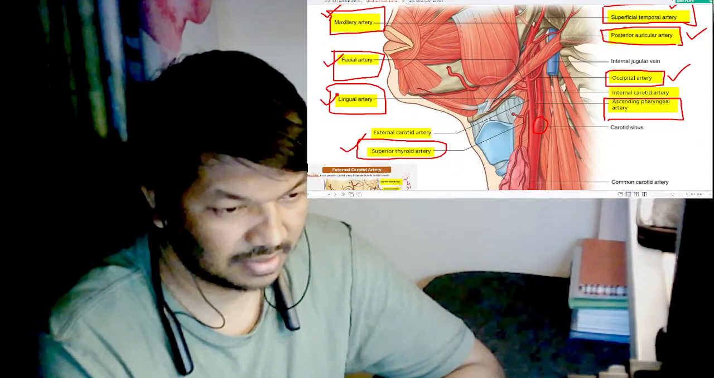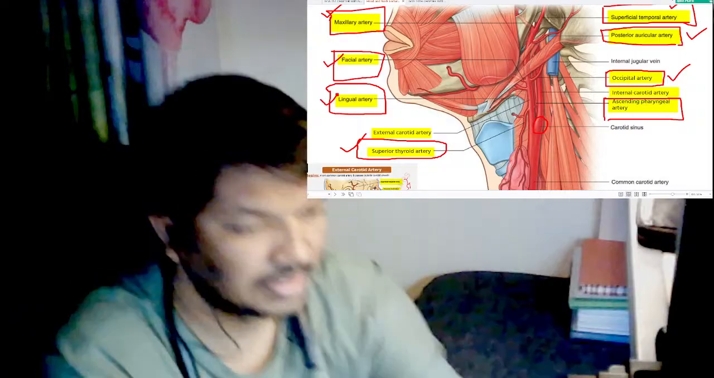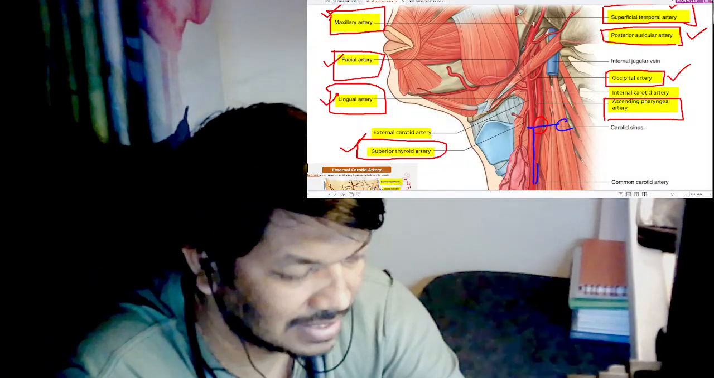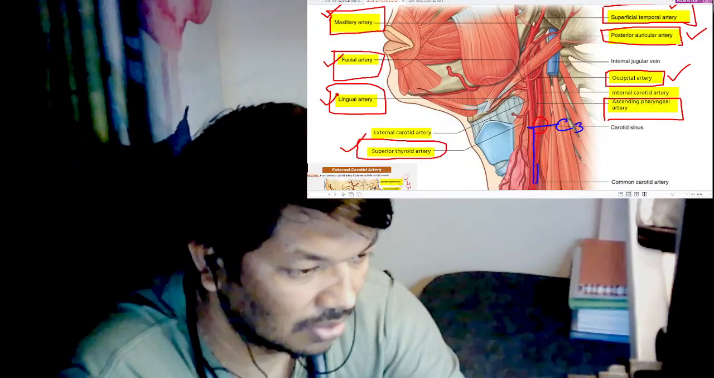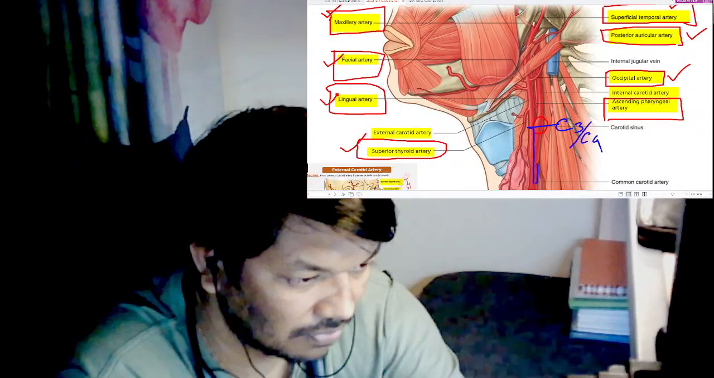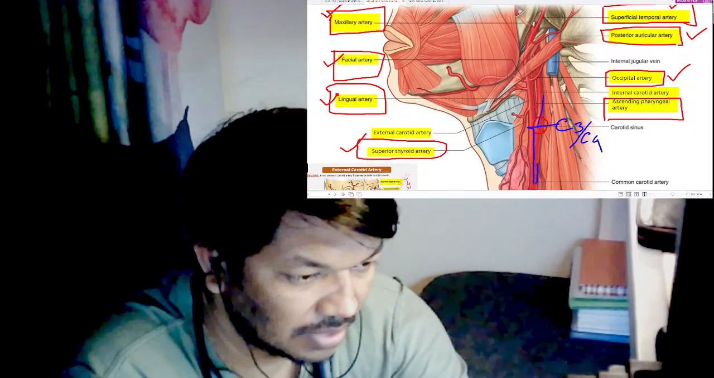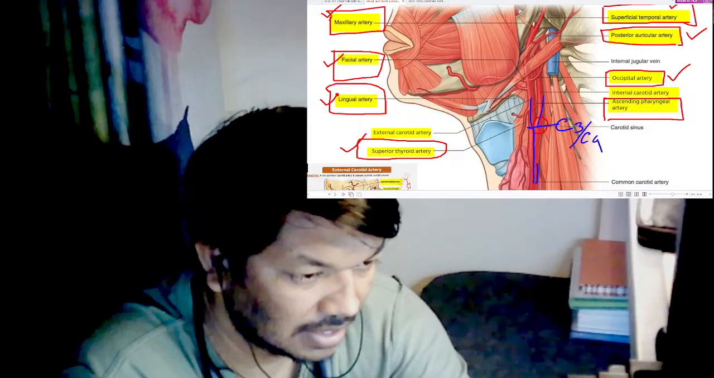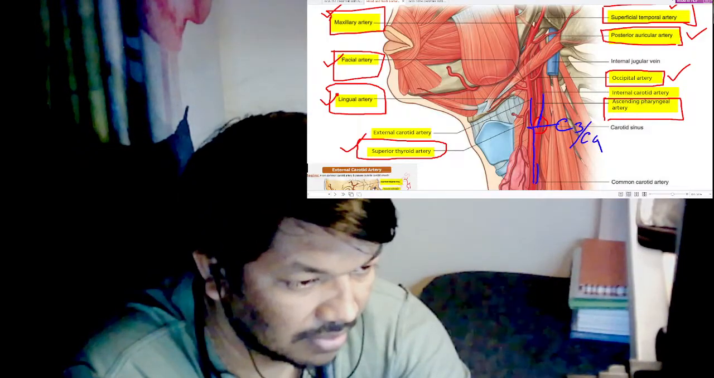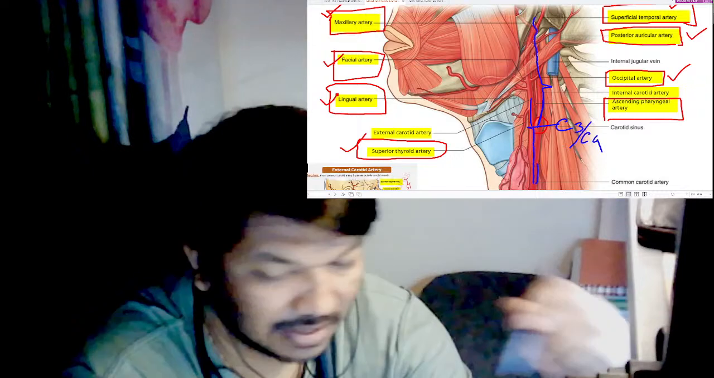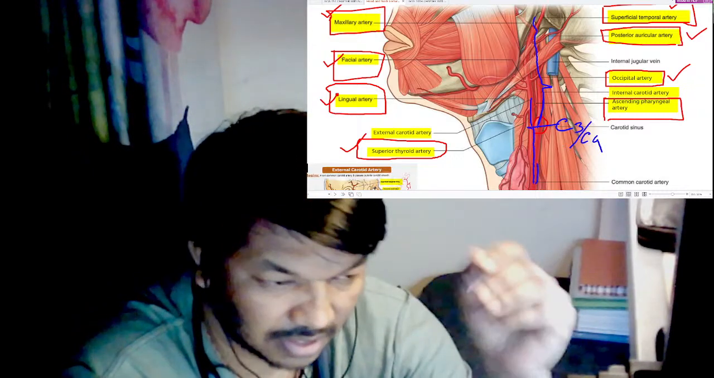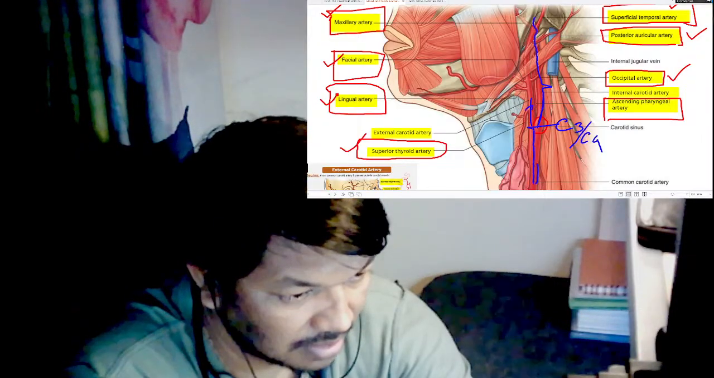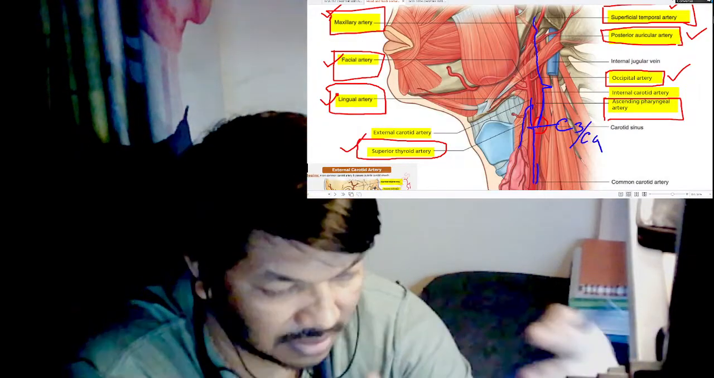Again, you can see this is common carotid artery at the level of C3, lower border of C3 or C4. It is dividing into external and internal carotid artery. This is internal carotid artery. Internal carotid artery will go up, up, and then it will enter into the skull through the carotid foramen. And external carotid artery, see here, first it is giving a branch